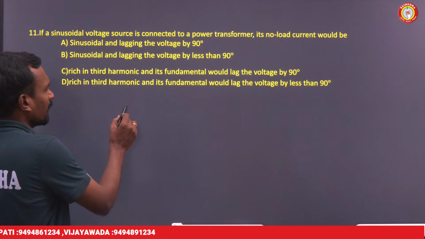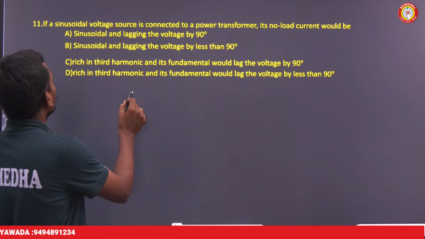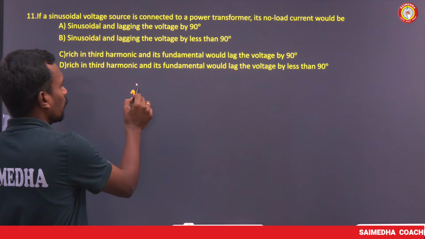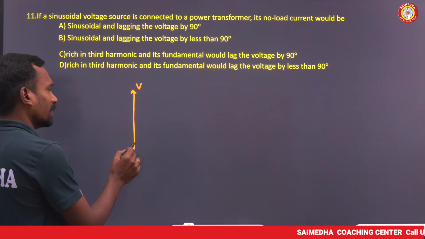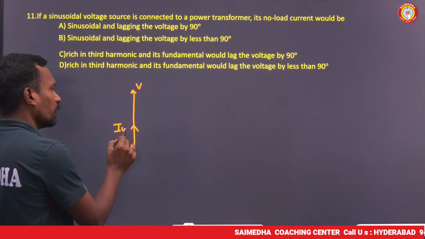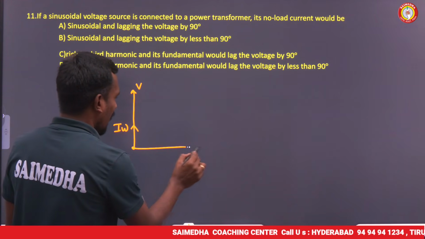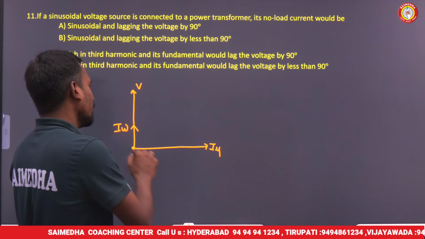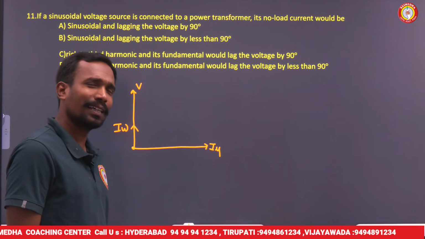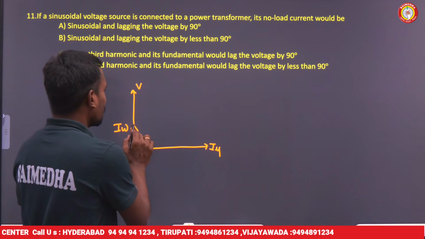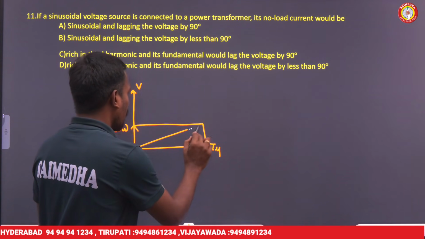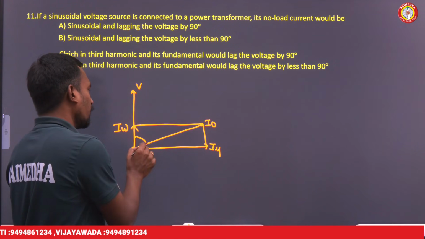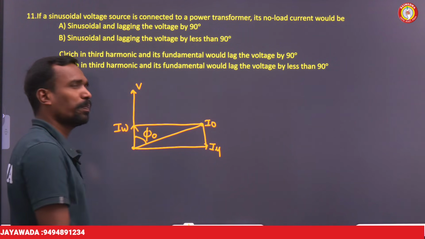What about the no load current? You know already the vector diagram. How will the vector diagram be for a transformer under no load condition? For example, here is our IW, the working component of current, and here is our I mu, the magnetizing component of current. Always the magnetizing component of current is more than the working component of current, and the sum of IW and I mu is taken as the no load current, and the angle between these two is phi naught, the no load power factor